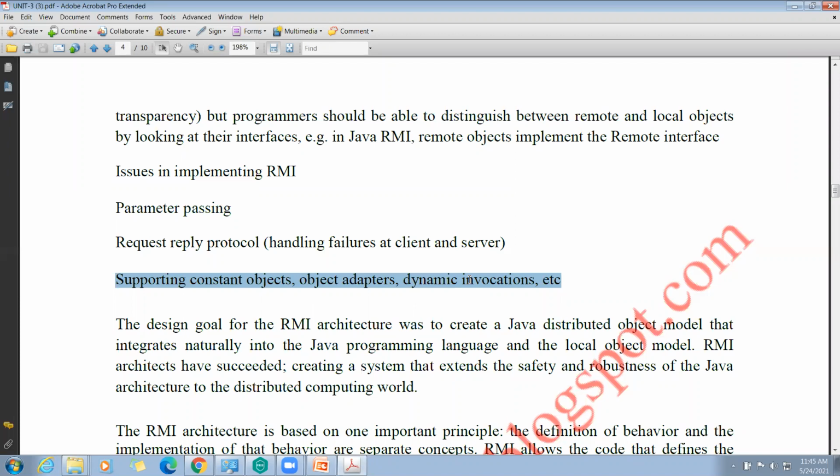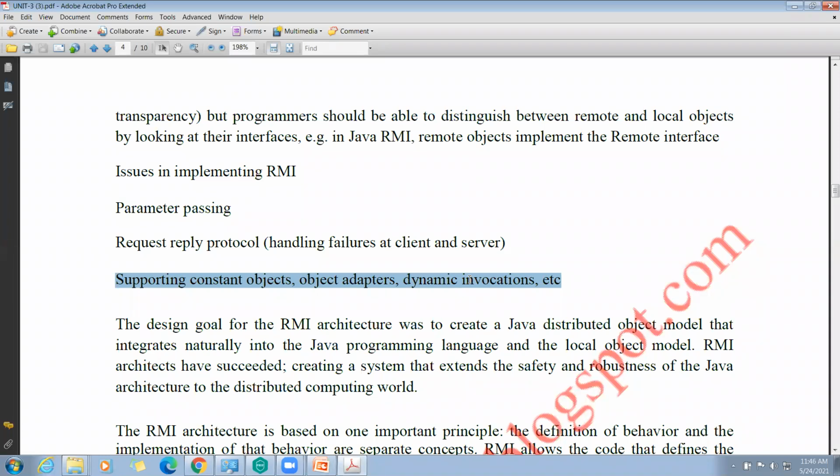The major issues with implementing remote method invocation are, first, passing parameters. Passing parameters is the process of passing parameters to a subroutine, a function or a program. This will be done through call by value and call by reference.